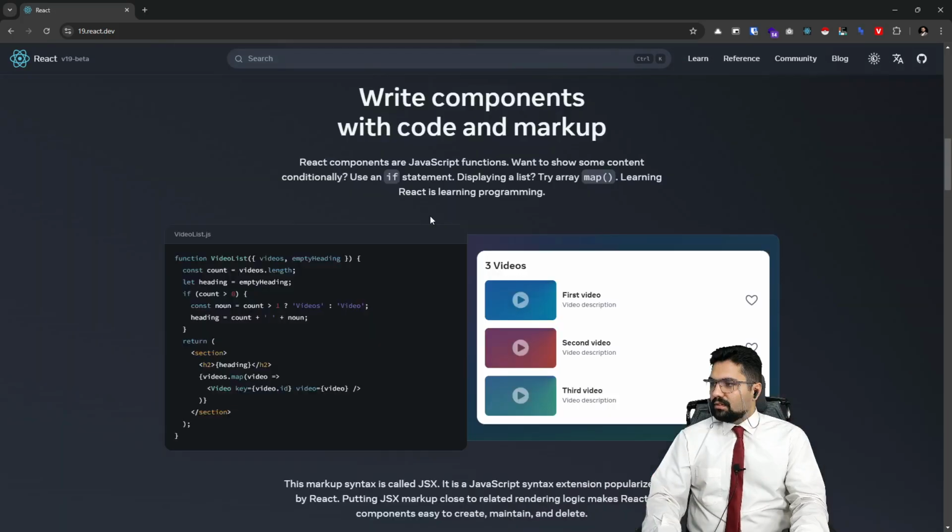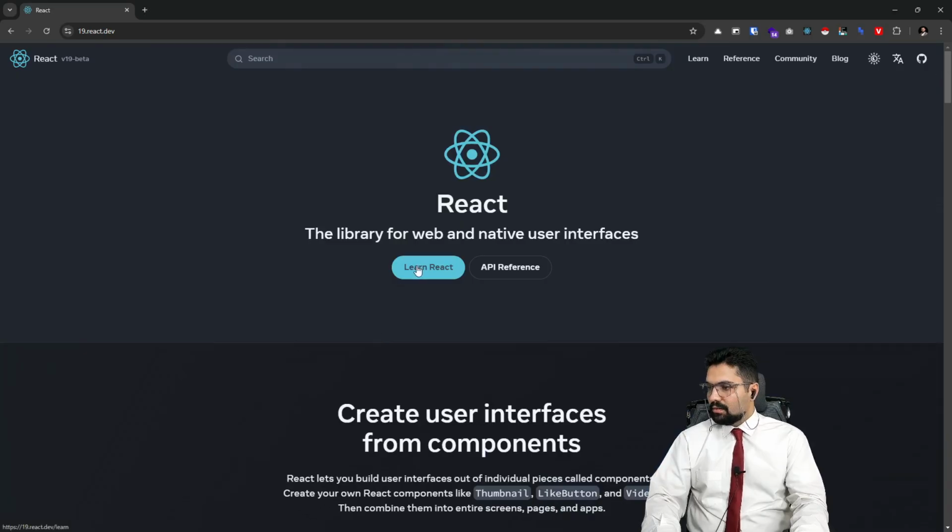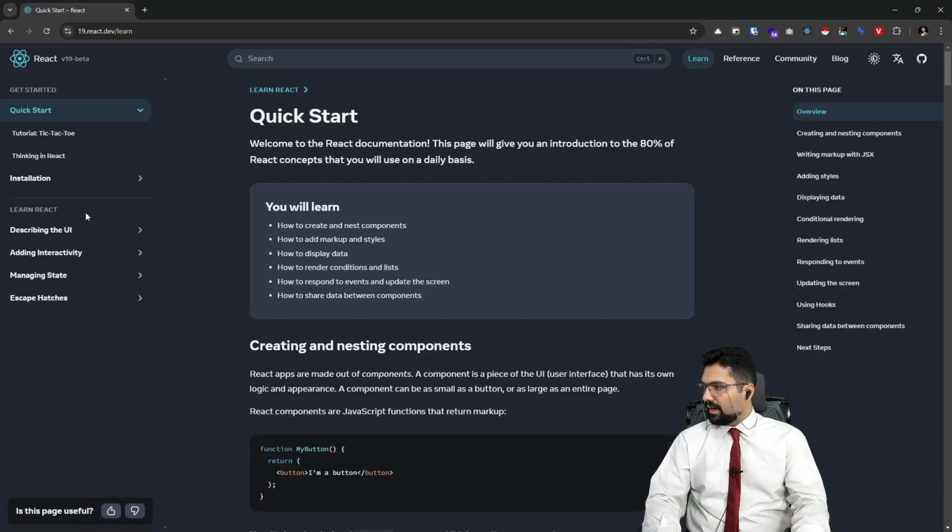We can start React learning. API reference doesn't matter. Learn React. In the first page, we can see Learn React, Quick Start. Welcome to the React documentation. This page will give you an introduction